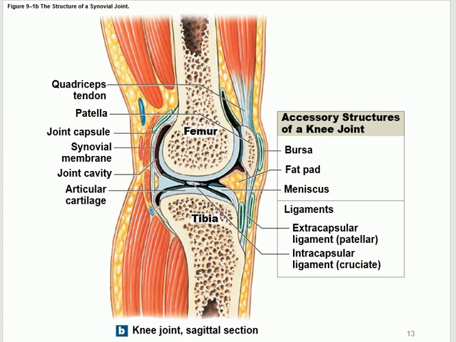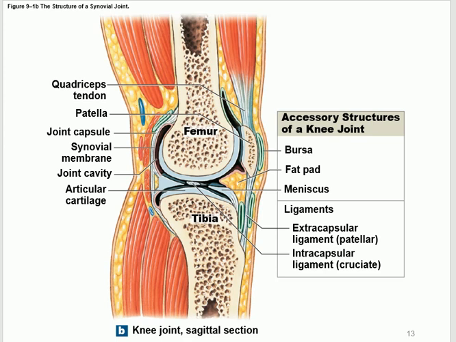So starting from what are the bones that are making this joint? The femur with the tibia. What exactly? Condyles with condyles, plus the tibia. Fibula does not participate. These are the parts. Inside the joint, I have articular cartilage on the femur, articular cartilage on the tibia. And then I have the patella in the front. I have the synovial cavity. What does it contain? Synovial fluid. It's filled with synovial fluid. And I will tell you why.